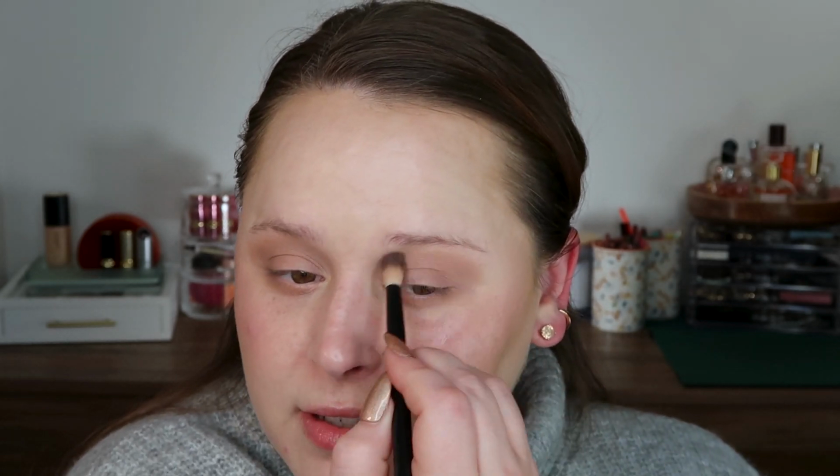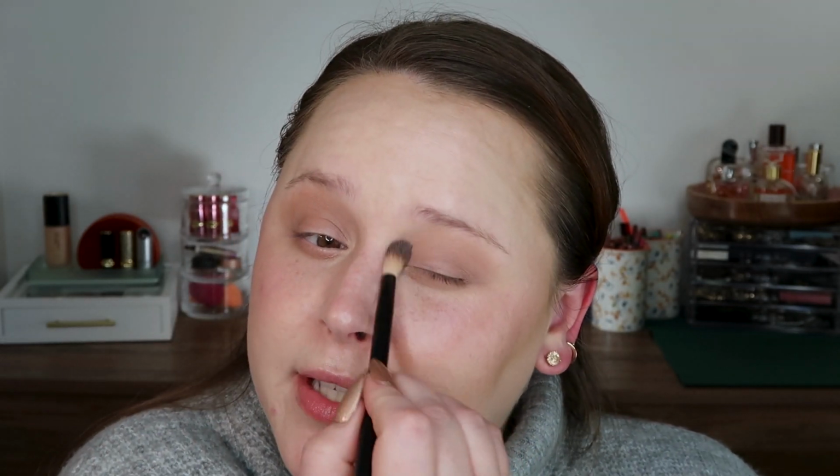And then I'm gonna just take a blending brush and blend that into the eye, in the crease, and then a little above. So as you can see, it looks at home on my face. Like, it looks almost natural. Like, it doesn't look natural, but it almost looks natural, you know? Ooh, I love that shade so much. And I love the formula. It's a very soft formula, but it has pigment to it. So it does look almost like I blended a bunch of eyeshadow on, but highly pigmented eyeshadow,